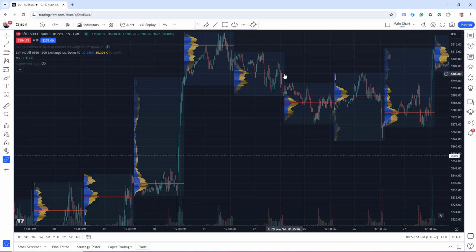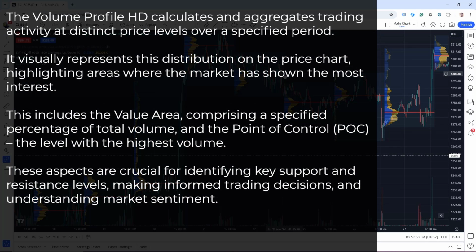Now that we have the volume profile on our charts, let's go over how to understand the volume profile and what it tells us. So the volume profile calculates and aggregates trading activity at distinct price levels over a specific period. It visually represents this distribution on the price chart, highlighting areas where the market has shown the most interest. This includes the value area, comprising a specified percentage of total volume, and the point of control, the level with the highest volume. These aspects are crucial for identifying key support and resistance levels, making informed trading decisions and understanding